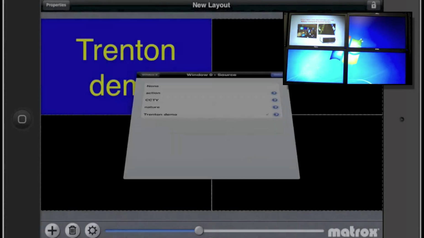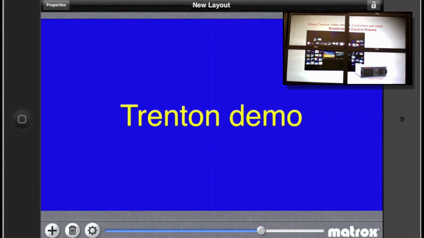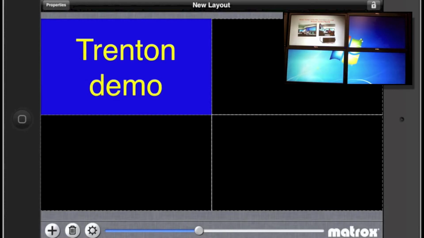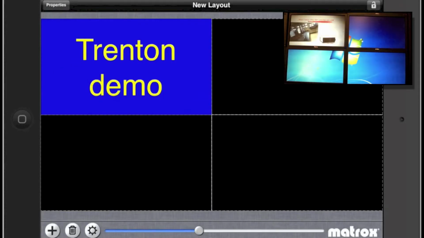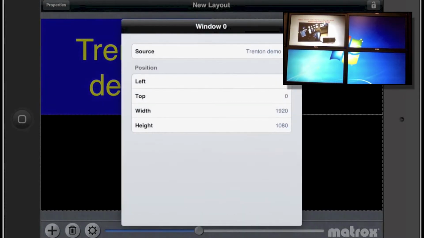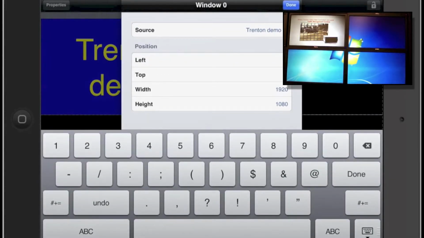Use the slider to adjust the size of the window. This size adjustment maintains the aspect ratio of the input content. The slider resizes the window in respect to the grid, which is divided into the amount of screens you have configured on your TVC system. You can also fine-tune the size and position of the window by entering the XY coordinates and pixel height and width.